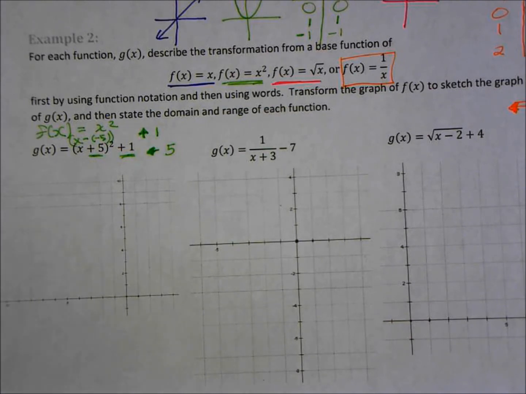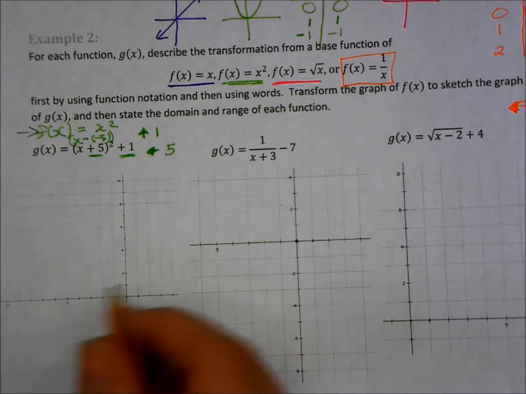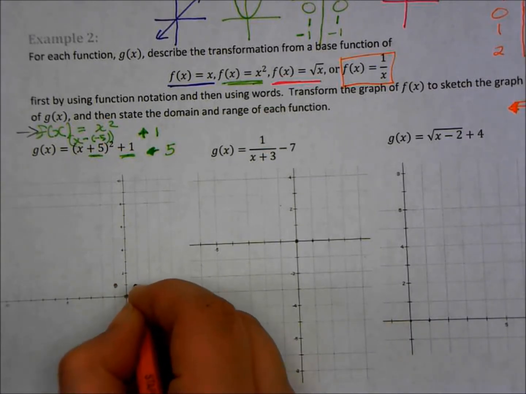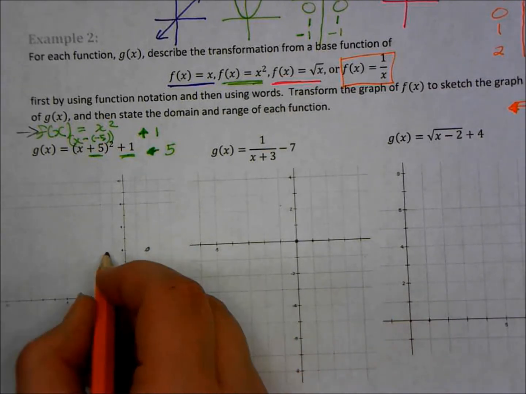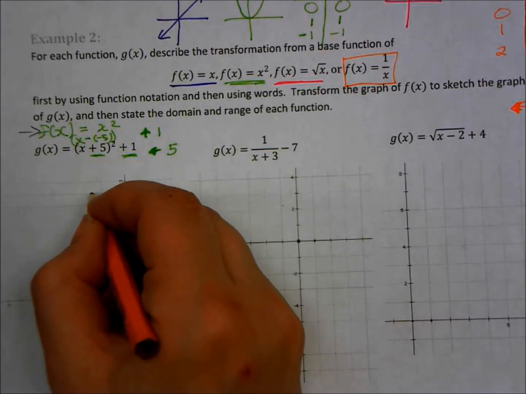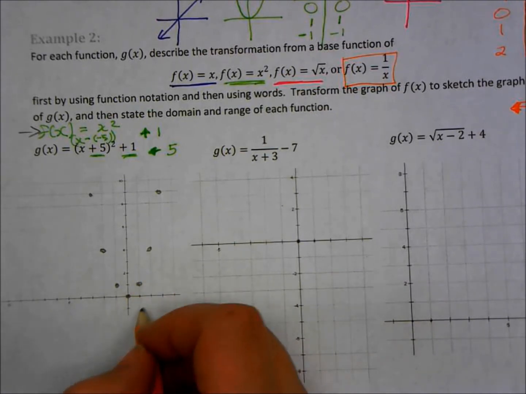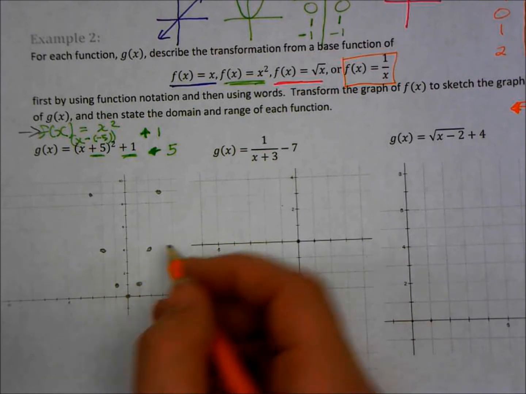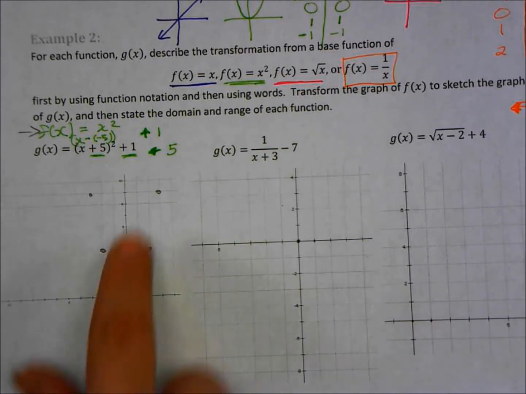So what I typically do with these kind of questions is very lightly first graph my base function, my f of x. 0, 0, 1, 1 for my parabola. Next point of the parabola is 2, 2 squared is 4. There we go. If I want, I can go to 3, 9. The other way to graph the parabola is the step pattern. 1 up. From here you go 3 up. From here you go 5 up. Next one you'd go 7 up. If this is f of x,